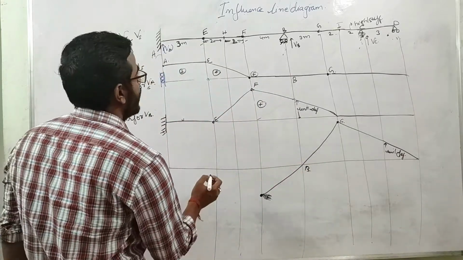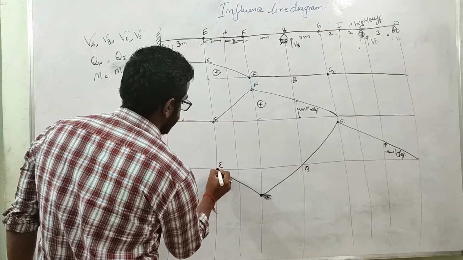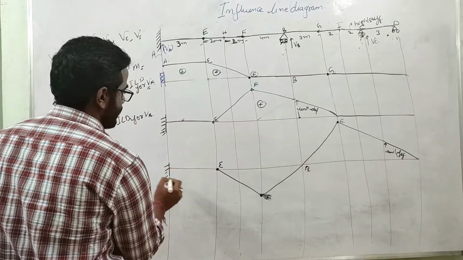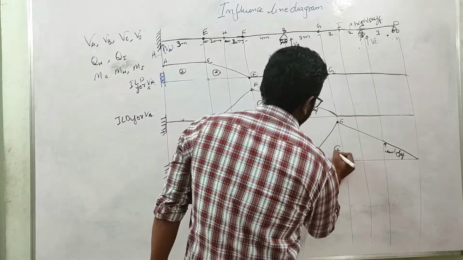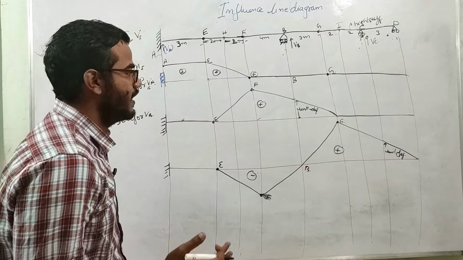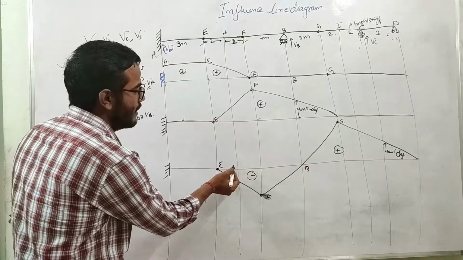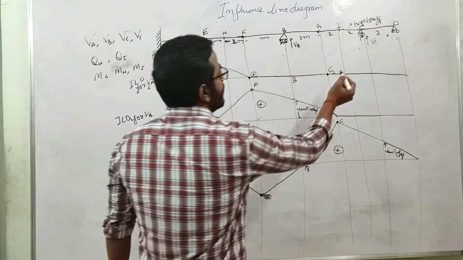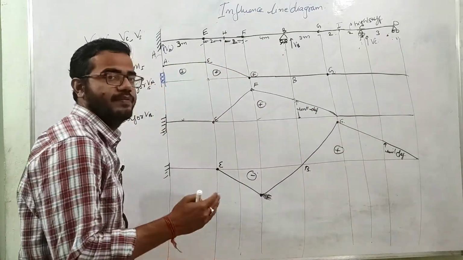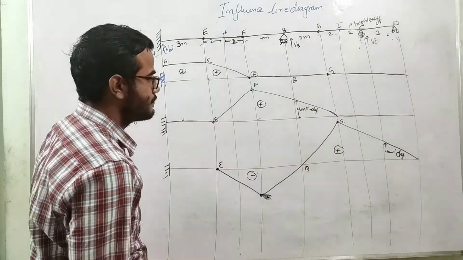And at E again, it will come like this. And again, this is fixed, so E point cannot move up and down. So this is negative, and this is positive. What is meant by this positive and negative is basically if a unit load is acting at a point between E and B, then the vertical reaction VC will be in downward direction. This positive negative is showing the direction of VC.